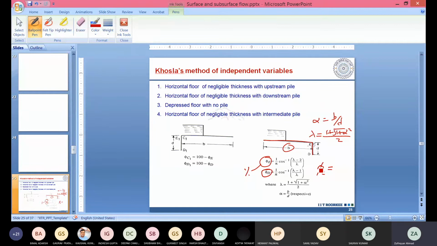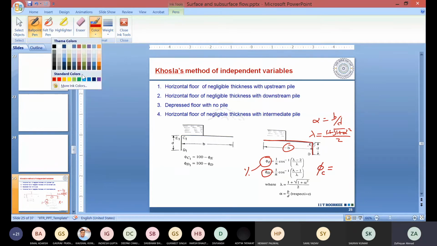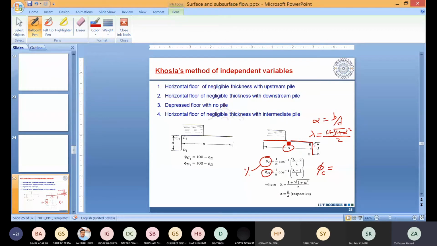You see the question that I'm asking you, this is some sort of a quiz, right? So everyone has to be prepared to answer the question and get the marks. The flow here, let me give you some idea. The flow is going like this. This is the downstream, the flow is going like this.